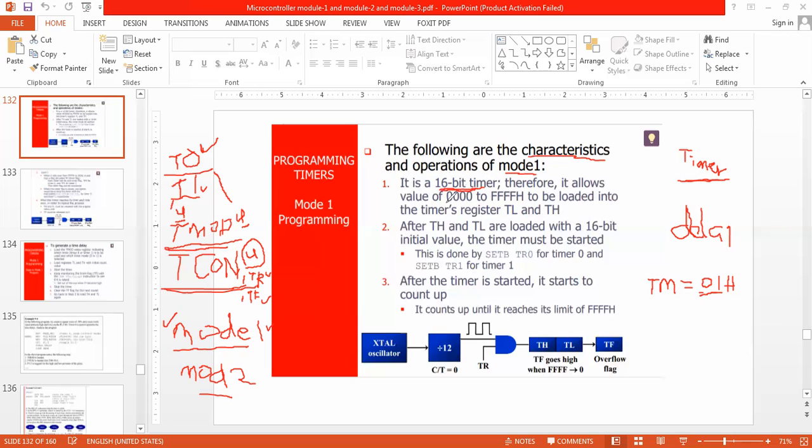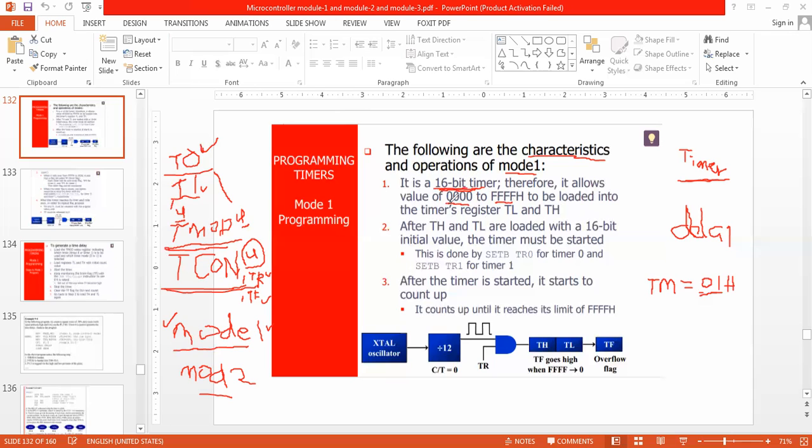So it allows incrementing from where to where? From 0000 to FFFF, because we are using the whole 16-bit register here. It is a 16-bit timer.